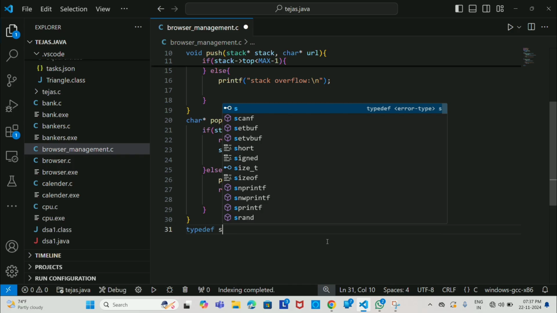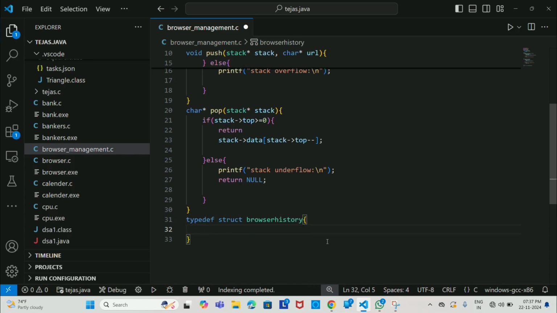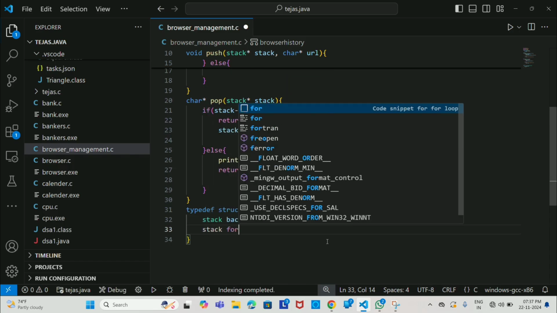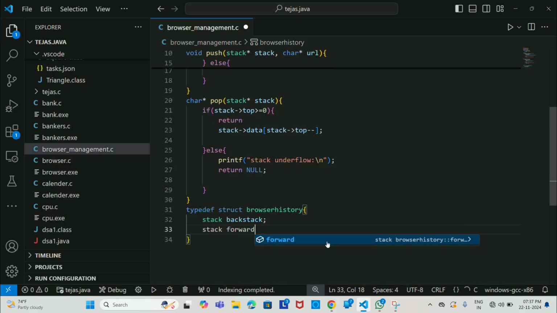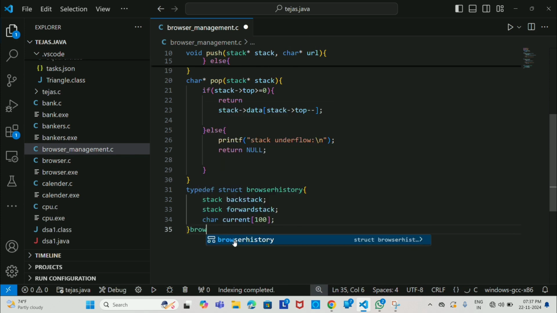Then we'll give typedef for the browser history structure. We'll create typedef struct BrowserHistory, which consists of a stack to store the URLs visited before the current page, which is the back stack we'll be using. Then the forward stack we are using to store URLs visited after going back. It also consists of a char current, which stores the URL of the